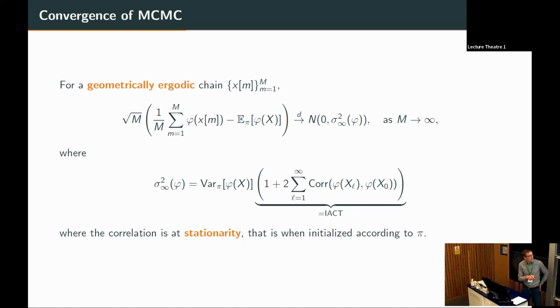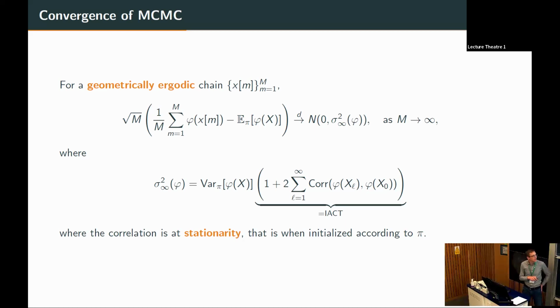And this asymptotic variance happens to be equal to the variance of this test function phi at the target distribution. So this factor here is what we would get if we would just apply a vanilla Monte Carlo estimator that would sample IID draws from pi. In the MCMC setting, we get an additional factor here. So we inflate the asymptotic variance, which means that we are doing worse than the ideal Monte Carlo estimator,